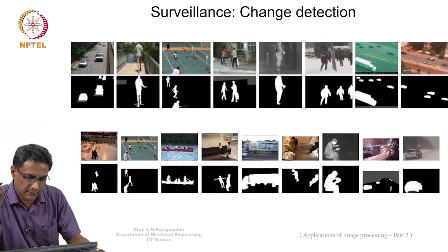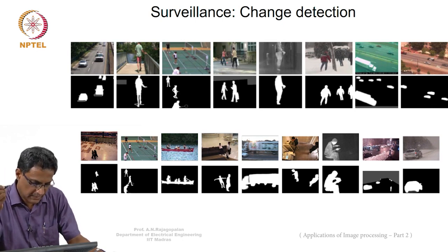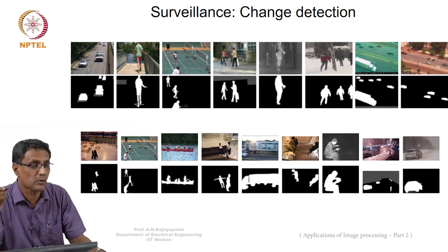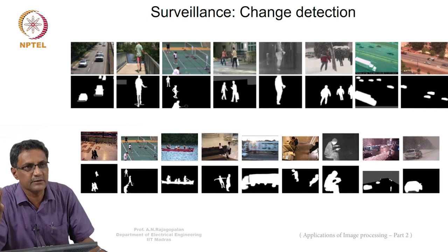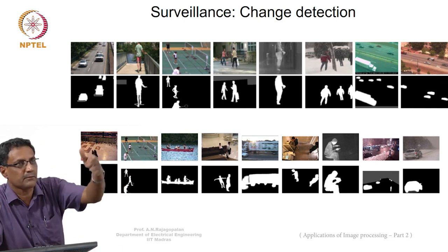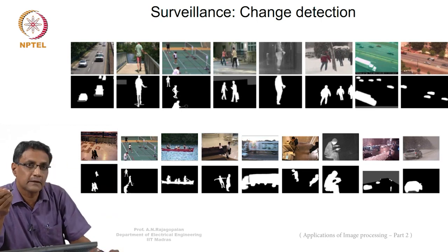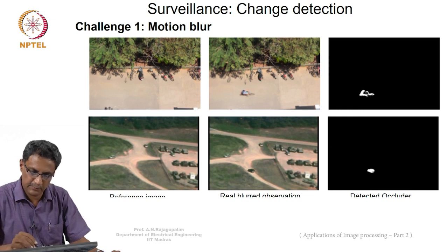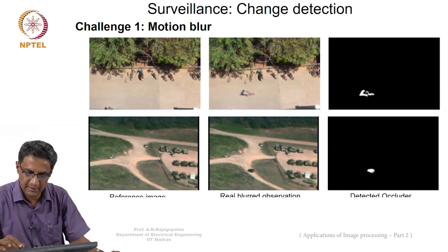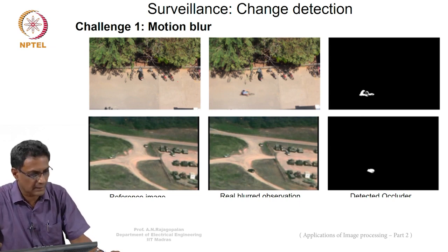Surveillance, like I said, you might want to tell what is happening, what is changing in a scene. And change becomes even more hard when you have a camera that's actually moving. With a still camera, it's easy to tell what has changed. Suppose I fix a camera here, somebody comes in, gets out, I know something is going on. But suppose the camera itself moves, then it becomes a complicated problem. Here, for example, between these two images, what has changed? Only this. But if you notice, the intensities are not the same, and you still want to be able to pick exactly what has changed.